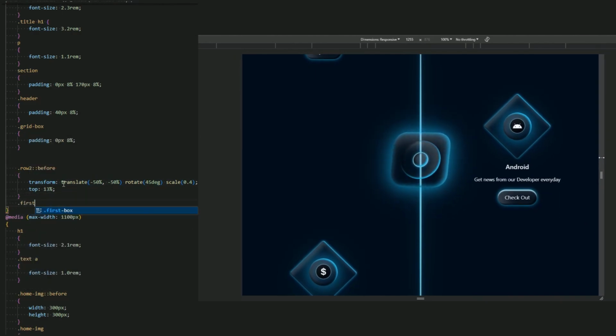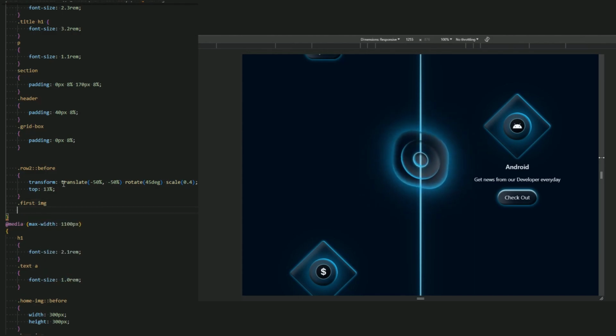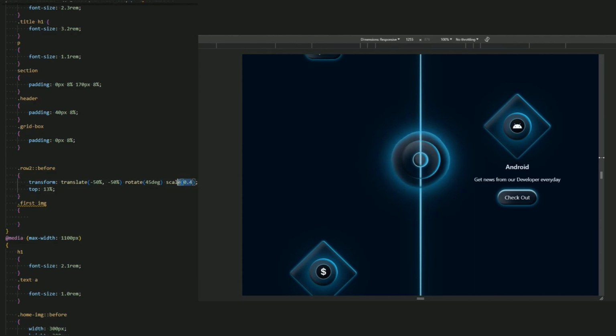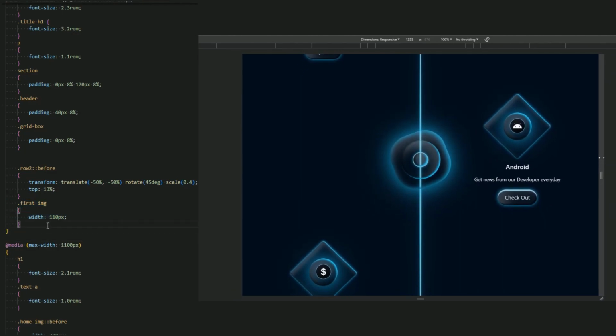And let me just resize the first image, and we can't use a scale in this because we use the animation of the transform. If you use an animation with the transform, you can't use any custom transform in this media. So let me just change a width instead of a scale. Let me use a width instead of scale. So let it be 110 pixel, and for the second image, let it be 400 pixel, yeah, instead of 500 pixel.